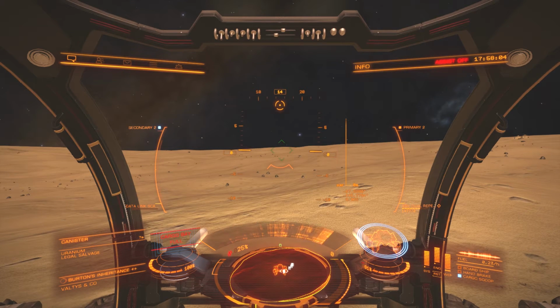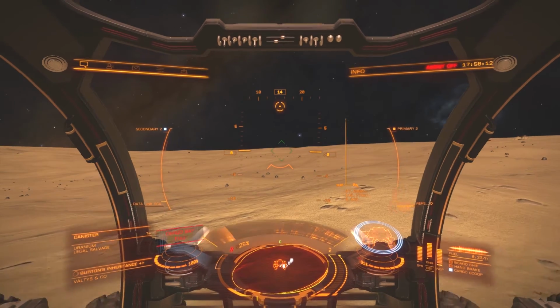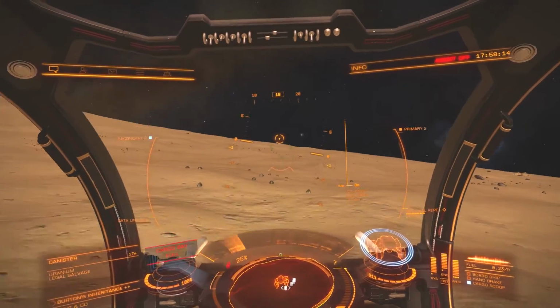Especially on any high G planets. Be careful on any planets above 2 Gs. It gets really dangerous. This is a low G planet, only 0.06 Gs. But anyway, it's a great prospecting